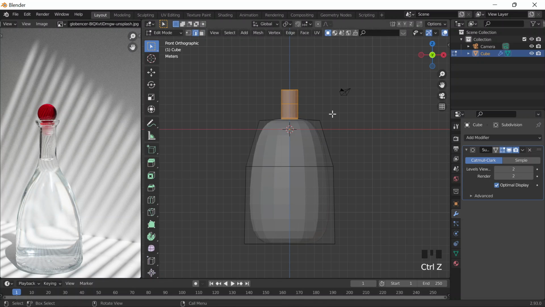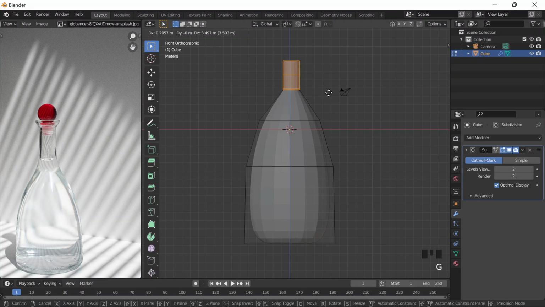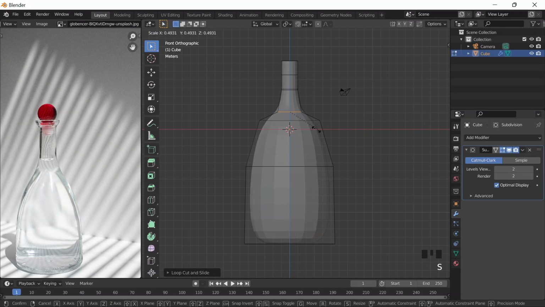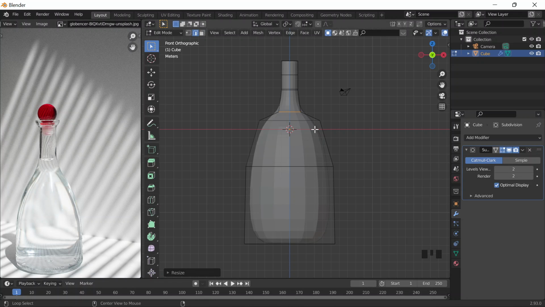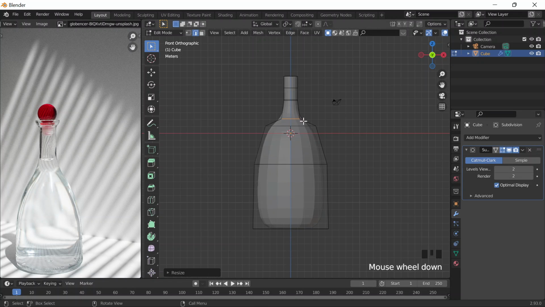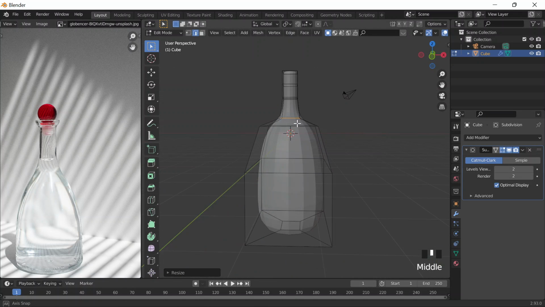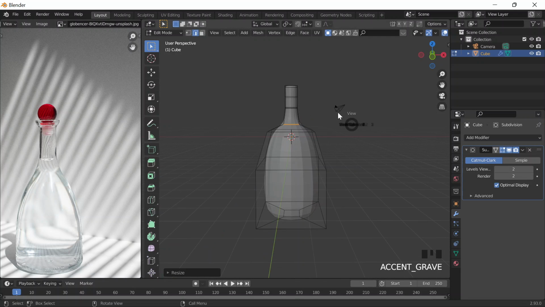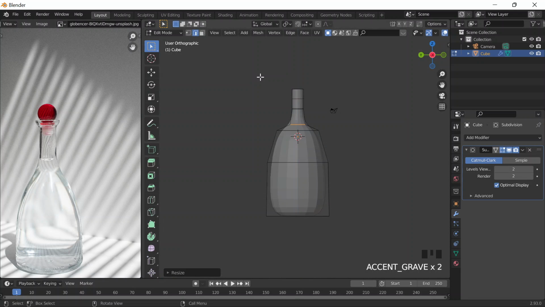Probably instead of doing that, I'll just make it bigger on the Z, and do another Control R somewhere over here and scale it downwards. Is Alt Z on? Yeah. So that works, but then it needs to be less thick, so I'll go back to front view